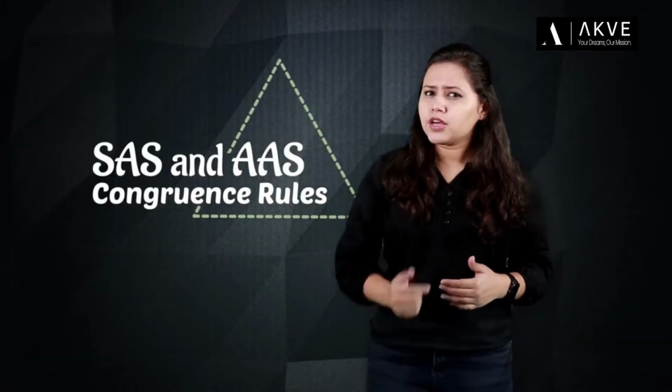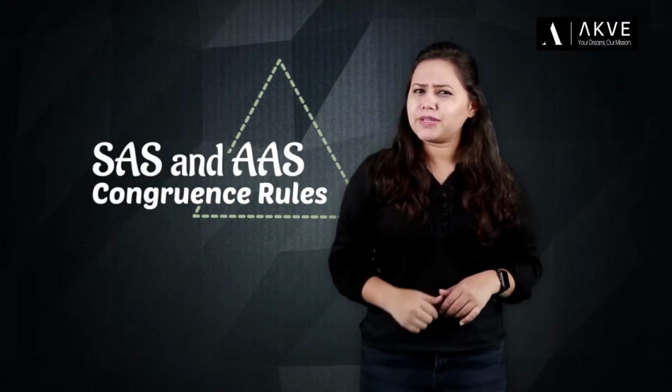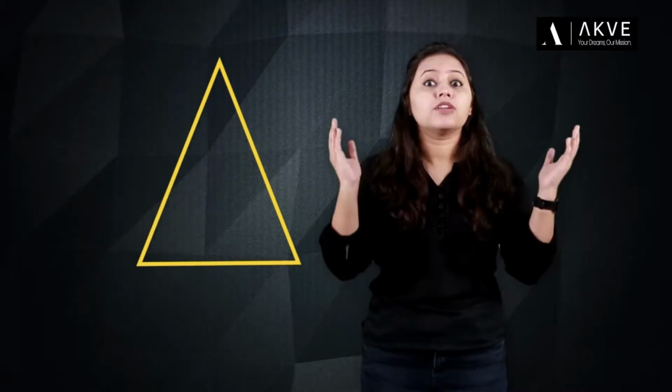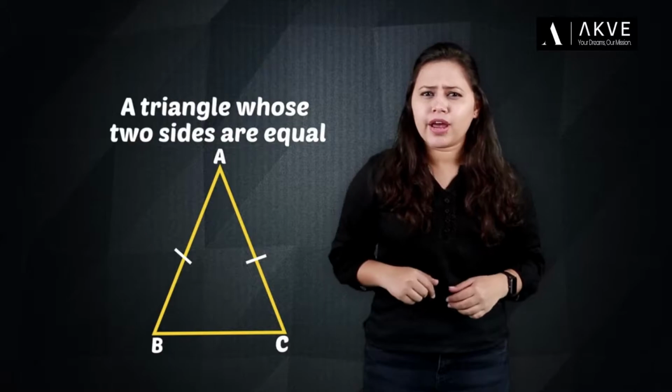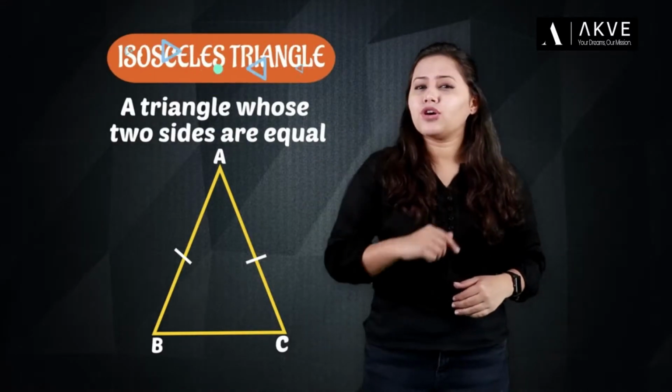And welcome back. I love sharing new secrets of mathematics with you, and my favorite part is to apply what we have learned previously and discover new facts and possibilities. So today we are going to apply some criteria of congruence to find some amazing properties related to a triangle. And not just any triangle, a triangle whose two sides are equal. And what do we call such a triangle? Correct, an isosceles triangle.